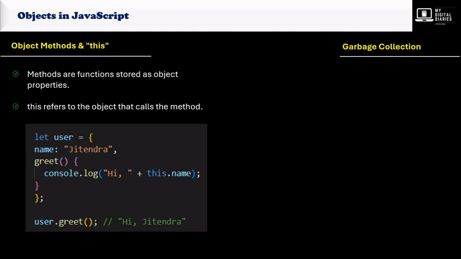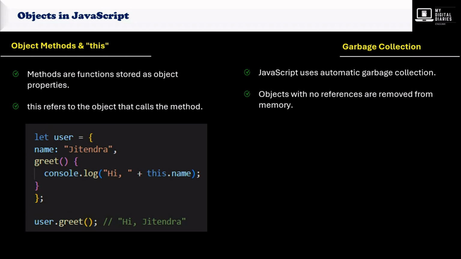Now we will talk about garbage collection. JavaScript has automatic garbage collection, which means developers don't have to manually manage memory. The idea is simple. When an object has no reference pointing to it, it becomes unreachable and JavaScript removes it from memory. For example,